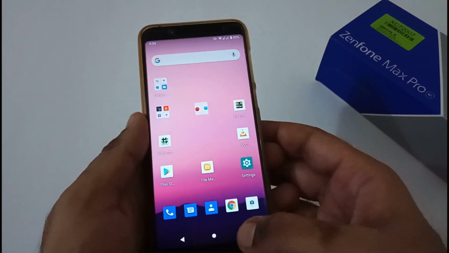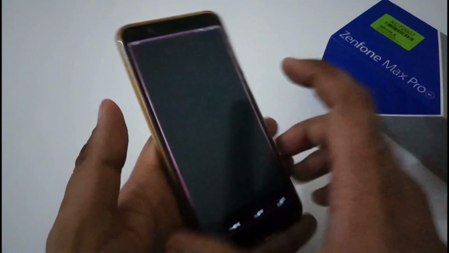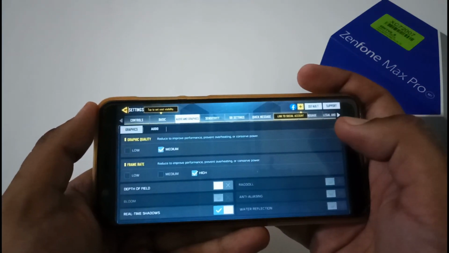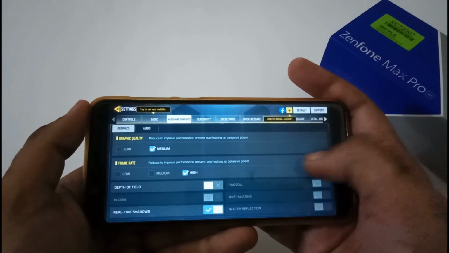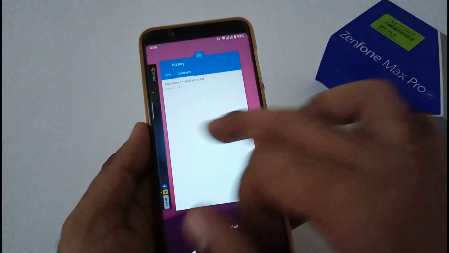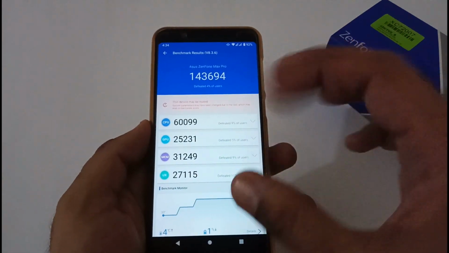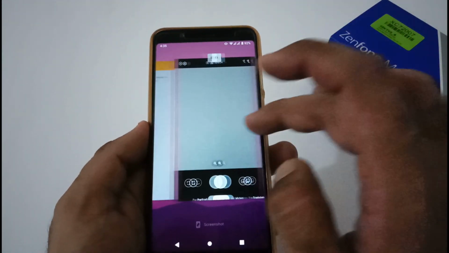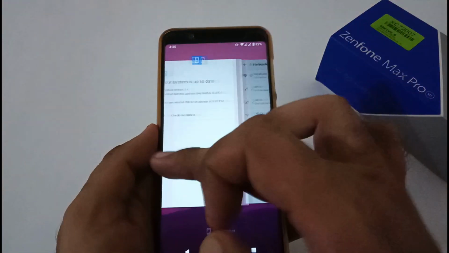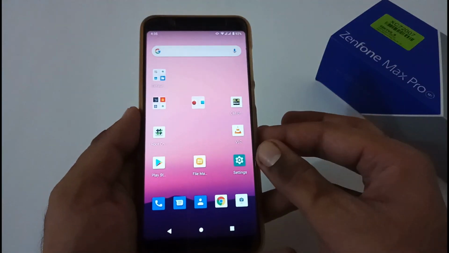Now after the benchmark scores, let's focus on our RAM and memory management. Let me open a few apps, so let's open Call of Duty. You can see it is just connecting to the server, but it has opened from the very same window or screen where we left off while creating this video. Let's open a few other apps like Geekbench 5. Now let me open Antutu. This is a problem with Antutu. It will trigger, but it will again show you the same screen. So there might be some sort of app paradigm which is initiating. Again, Camera2 API or Camera2 Probe API. So all in all, there is no problem with the RAM and memory management. It is working absolutely fine.